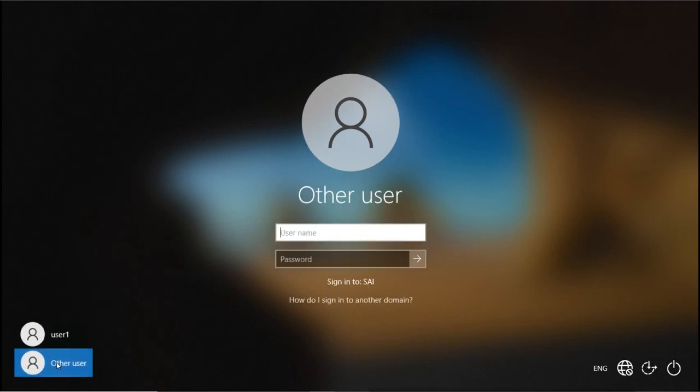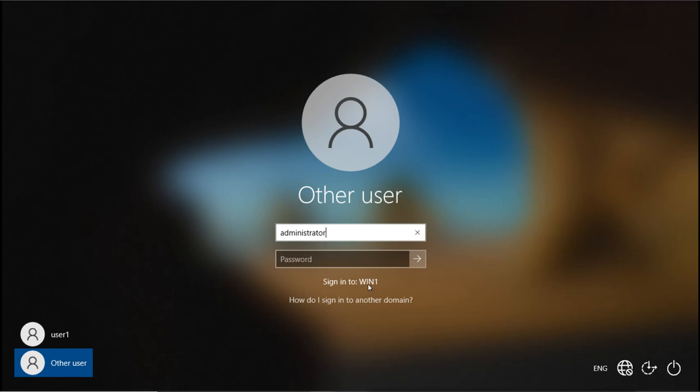I want to log in as an administrator, so I will select other user. Now remember, there are two administrators here. One is the local administrator and the other is the domain administrator. If you want to log in as the local administrator, you will only mention the name of the administrator account. When you mention the administrator account, you will see the computer name here, that you are logging into this computer.